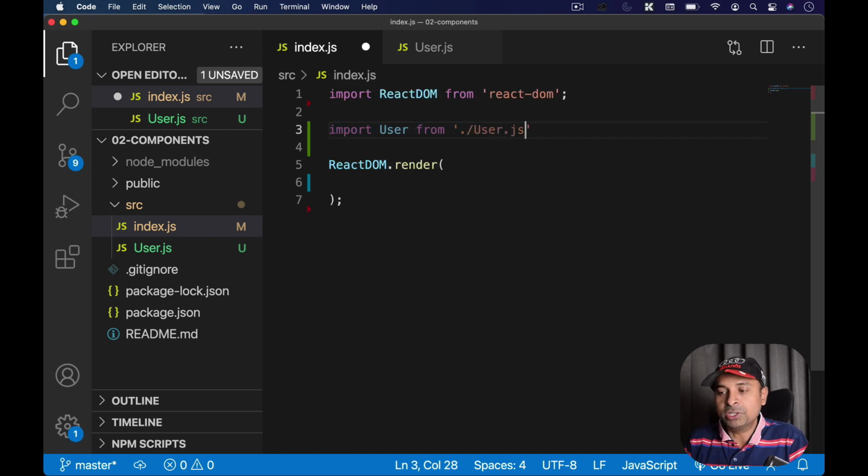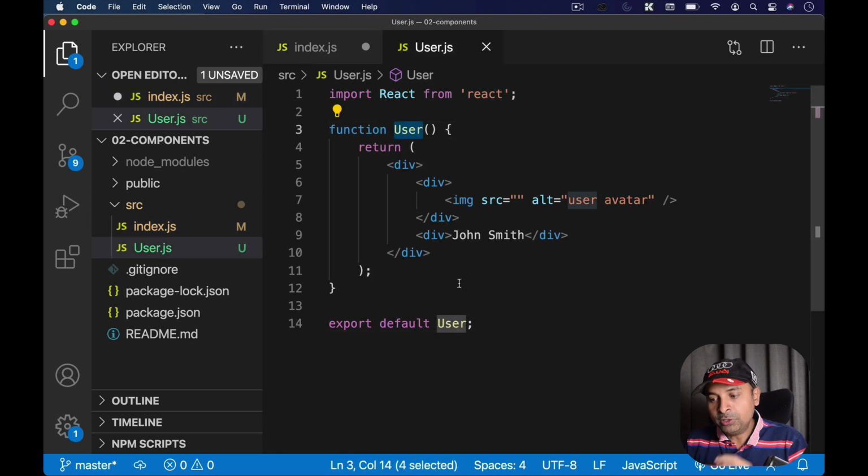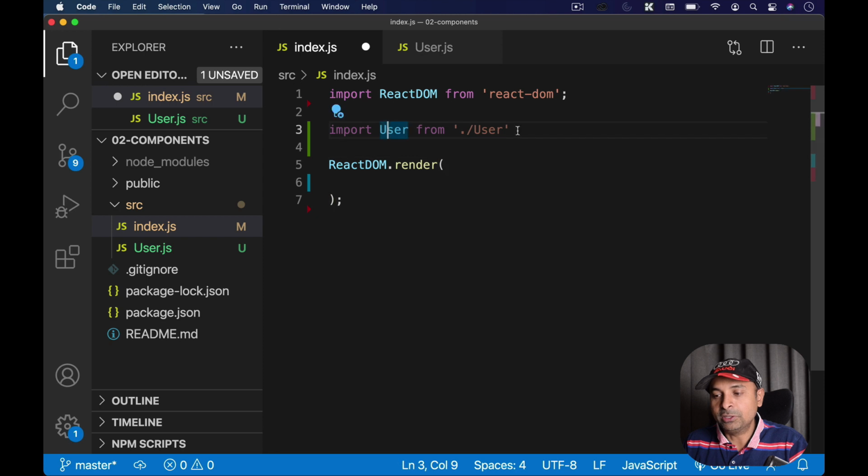You don't need to write .js, okay? So you have created a user function, exported it, and you're importing the same user function inside your index.js using this syntax. These are the steps we follow for importing our own functions.